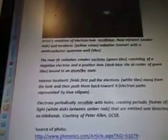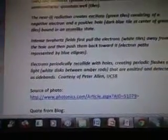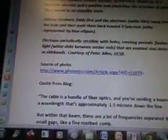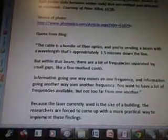Electrons periodically recollide with holes, creating periodic flashes of light, white disks between amber rods, that are emitted and detected as sidebands, courtesy of Peter Allen, UCSB. Source of the photo is photonics.com. Quote from the blog is, the cable is a bundle of fiber optics, and you're sending a beam with